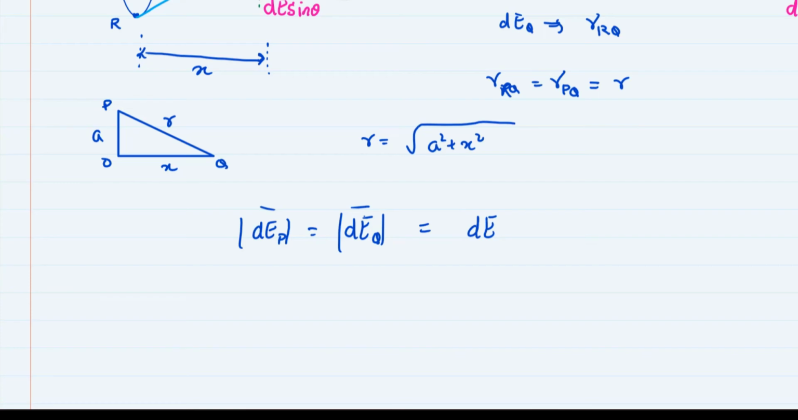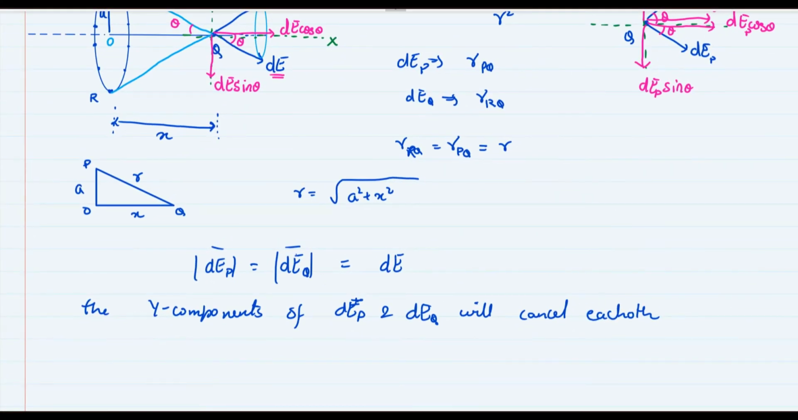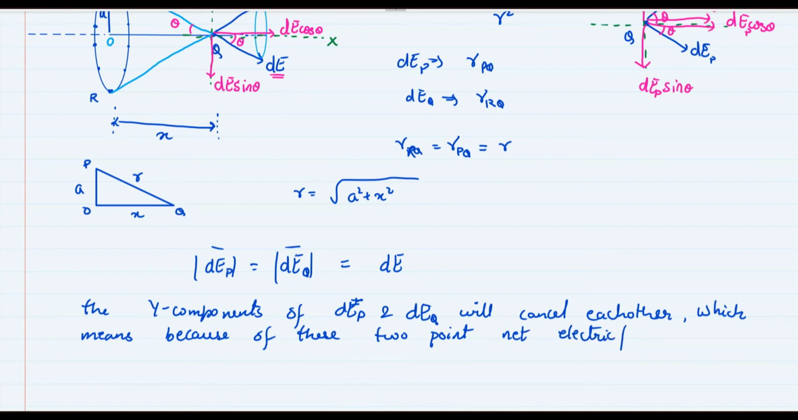With this we understand the y components of dE_P and dE_Q will cancel each other, which means because of these two points, the E net, the electric field, will be in only the x direction. So if I write E net,